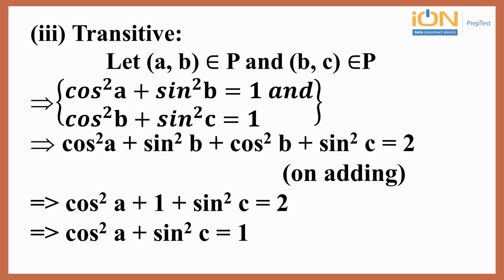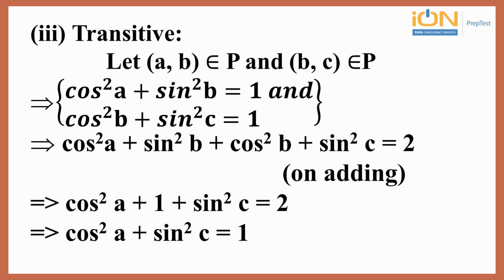Cos square A plus sine square B is 1, and cos square B plus sine square C is 1. That is, (A, B) belongs to P would imply the first equation, and (B, C) belongs to P would imply the second equation. If you add the two equations, we get cos square A plus sine square B plus cos square B plus